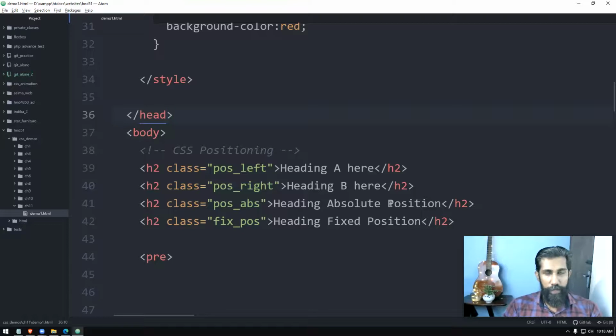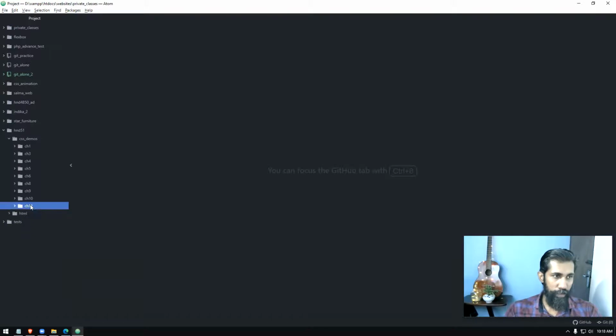Right. The next part we're going to do is I'm going to show you how we can handle overflow. I'll show you an example, then we will come to that. In order to practice that, I'll create another page.